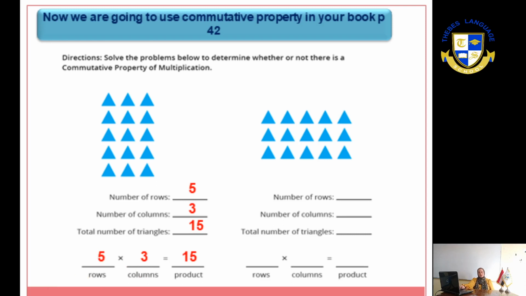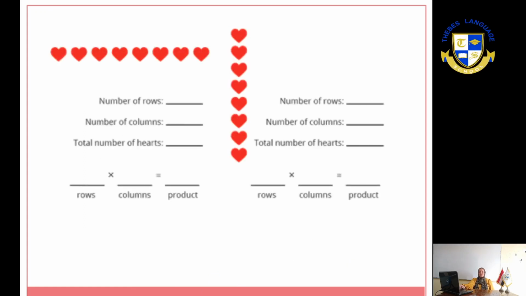In the other picture, we have 3 rows. Each row consists of 5 triangles. So the number of rows is 3. The number of columns is 5. The total number is 15. So we are going to make 3 times 5 equals 15. Okay? Now in the next page, we have